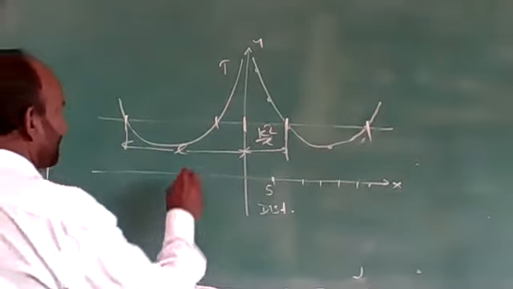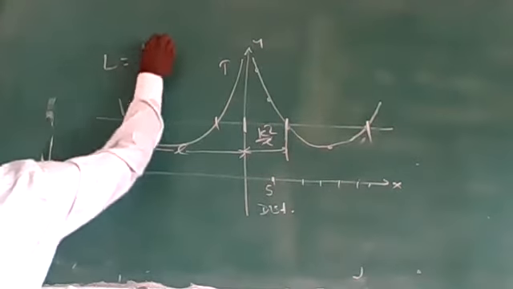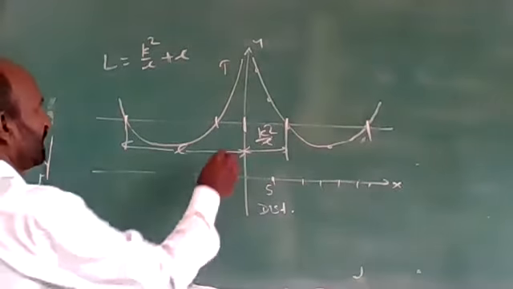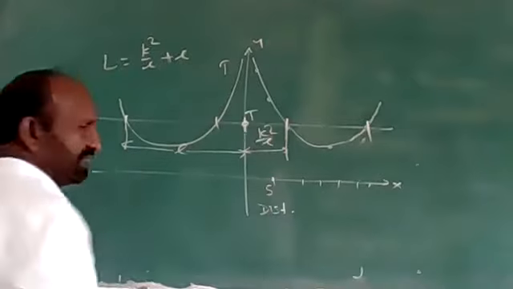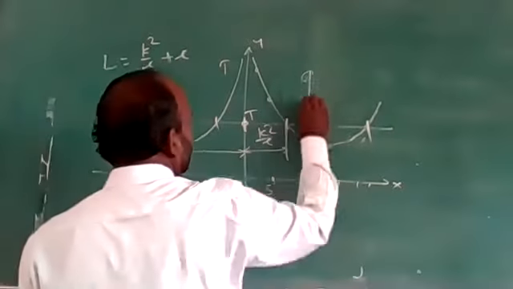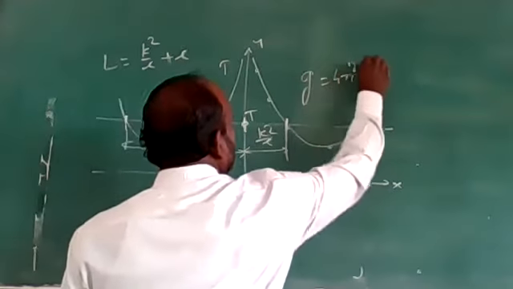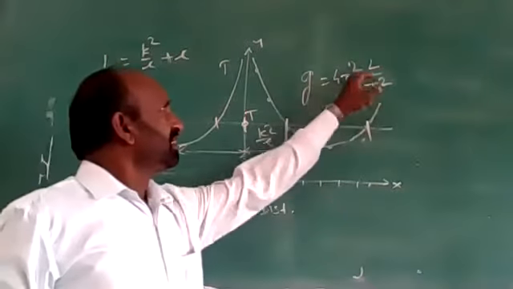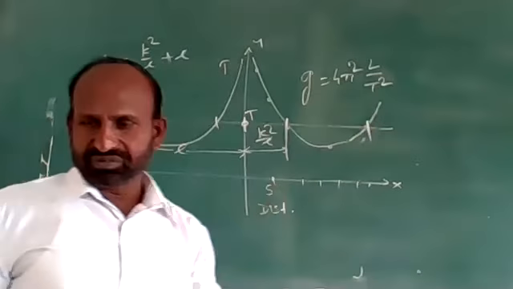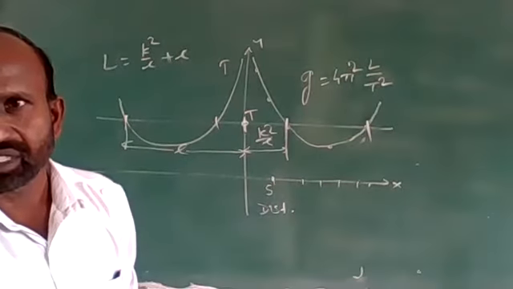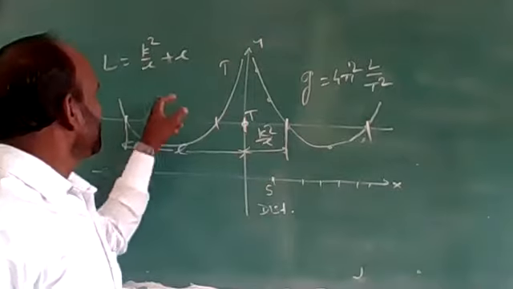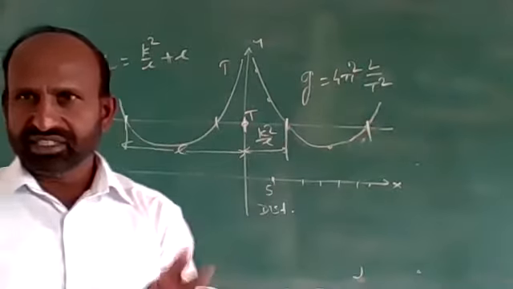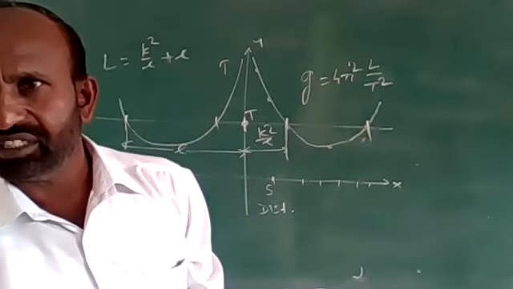And if we know k square upon L, then k square upon L plus L, that is capital L, is the equivalent length. And this is the corresponding period, that is capital T. Then using those values, we will get g equal to 4 pi square L upon T square. By using this equation, L and T are the quantities which are known from that graph. L is known by this, and T is the corresponding period. By putting these values in this equation, we can get the acceleration due to gravity.